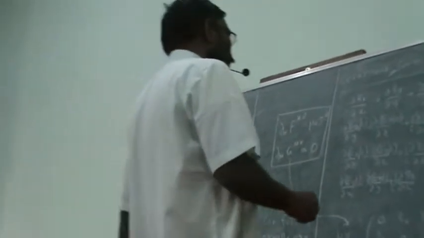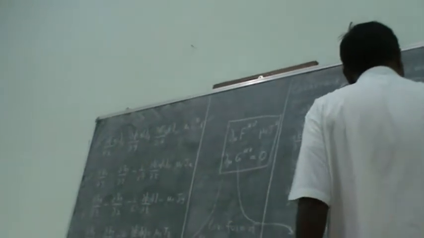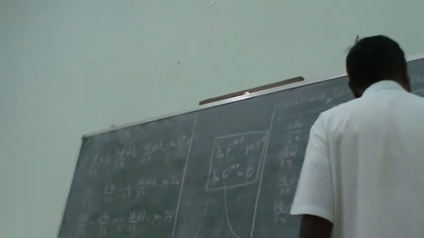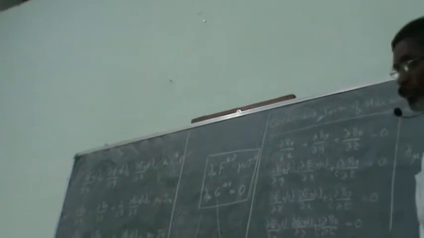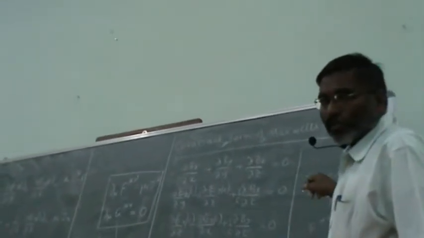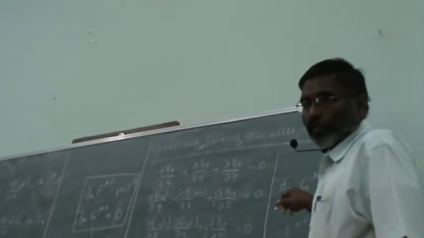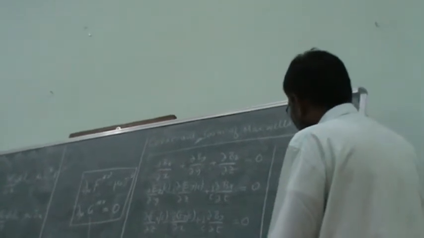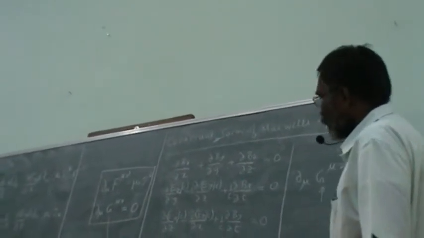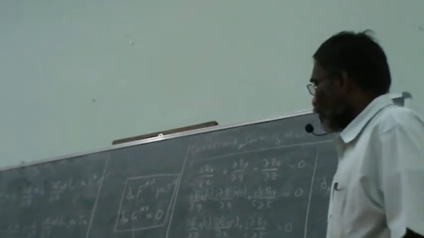So then how to construct F_μν? You want to write F_μν and F^μν like this? Yes. The second one is constructed by changing the sign. Oh, so that is not really by changing the sign, because